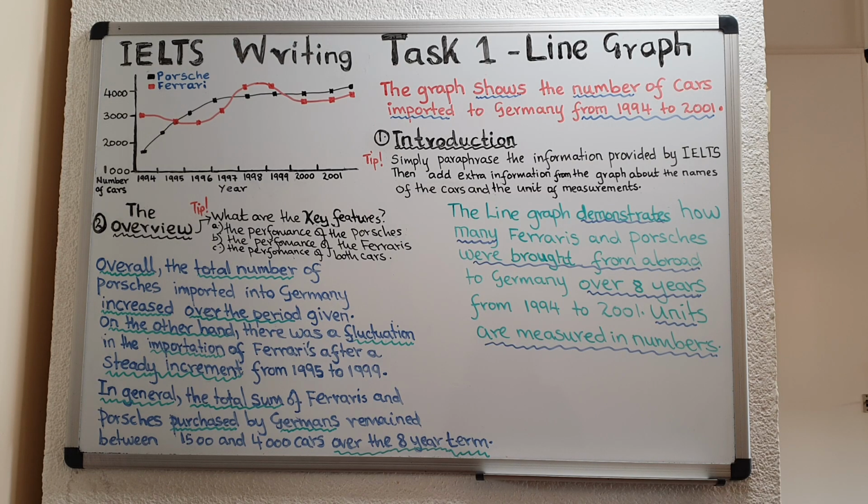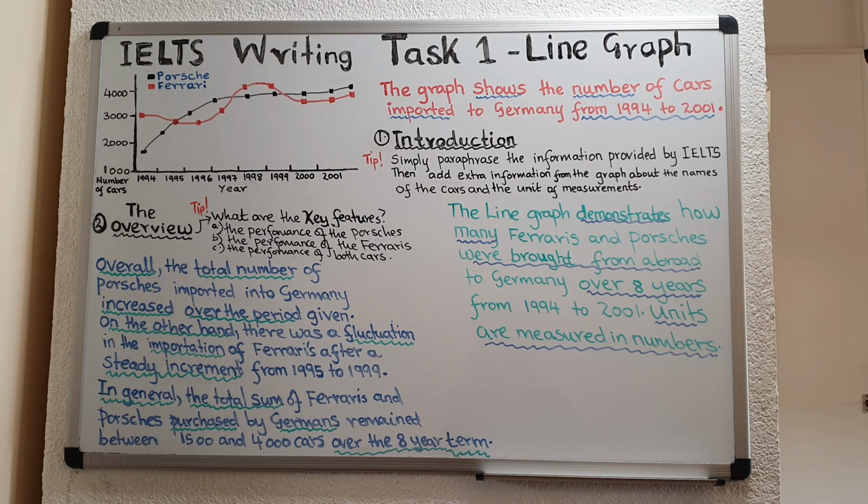So it starts at 3,000, and then at one point, at its highest, it's at 4,000, and then it goes down all the way to about 3,500, and then it goes up again. That's why we are talking about a fluctuation, up and down. A fluctuation means it goes up and down. So, on the other hand, there was a fluctuation in the importation of Ferraris after a steady increment from 1995 to